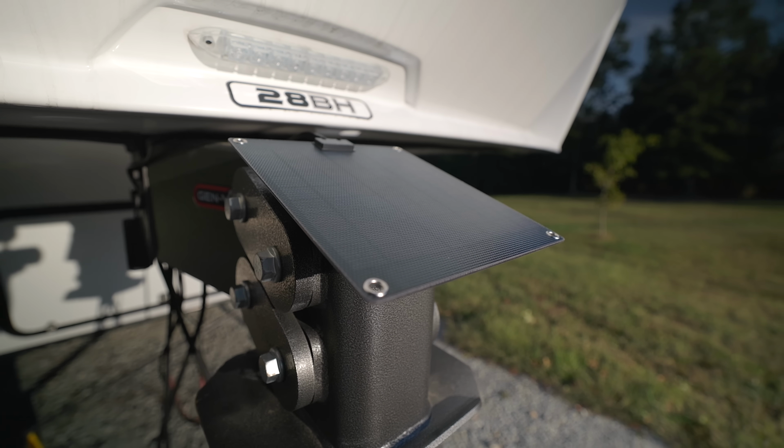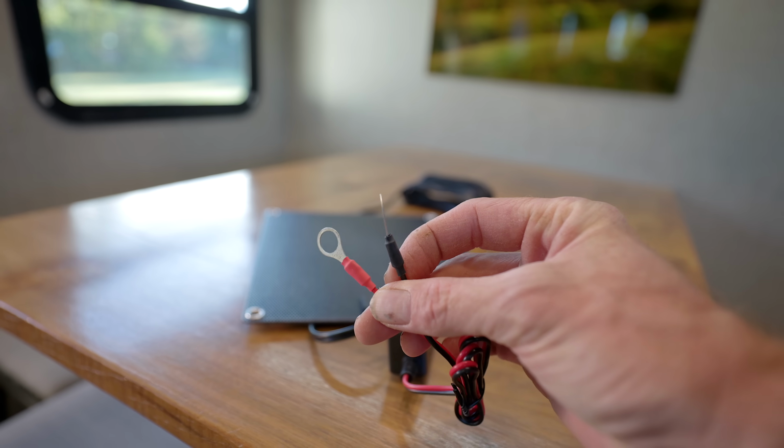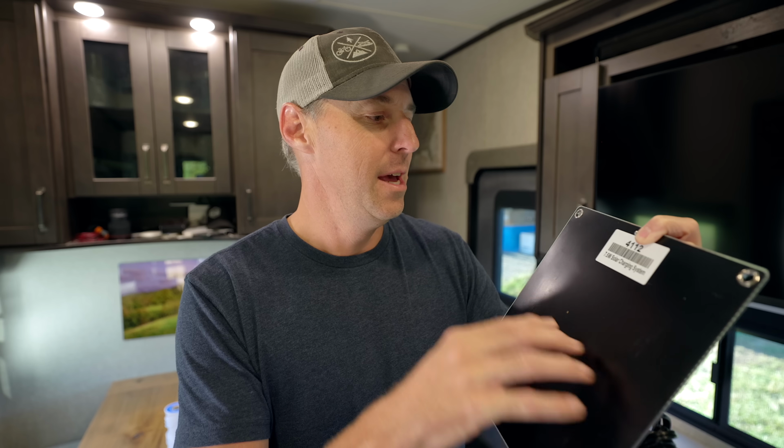Pretty simple. You put this to where it can get a majority of the sun throughout the day. You connect the other end to the battery, and it's going to give you, what is it, 7.5 watt of solar charging. So you want to make sure that everything else is turned off inside the RV, battery disconnect and all that, and that this is connected to the battery, because it's not a whole lot of power, but it's enough to trickle charge your battery to make sure that it's not going to get depleted and damaged over the